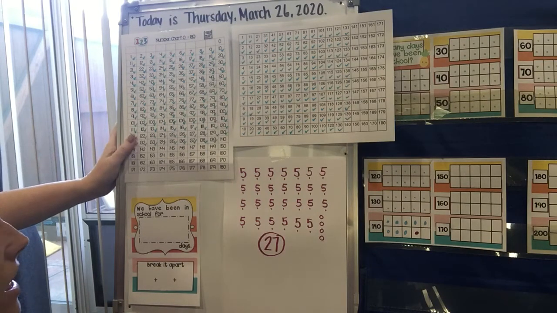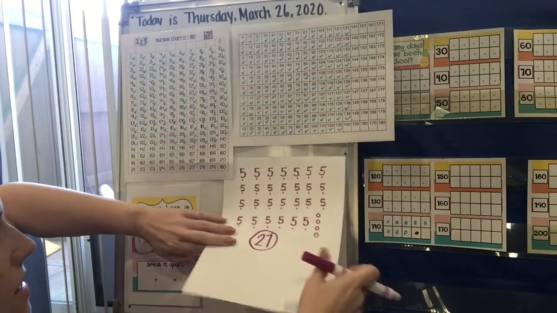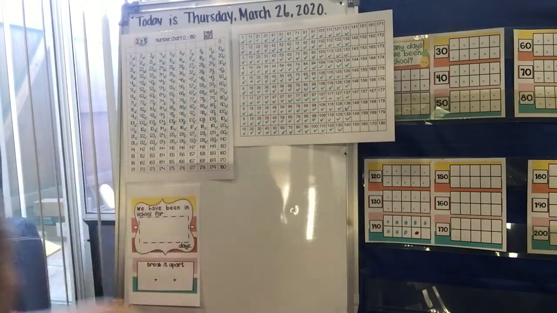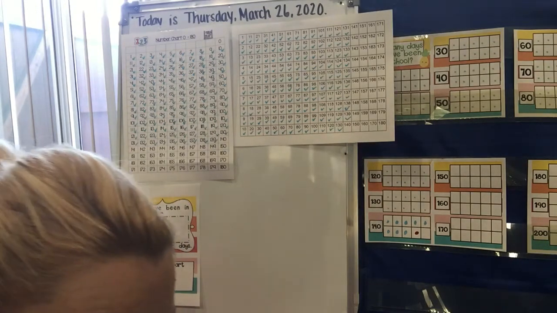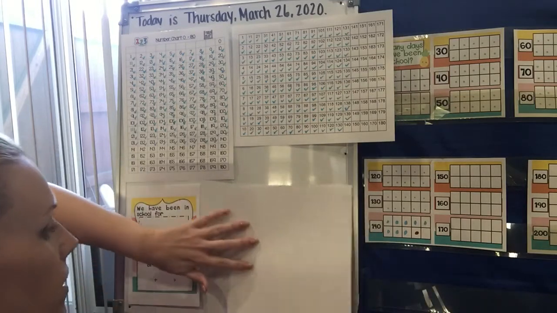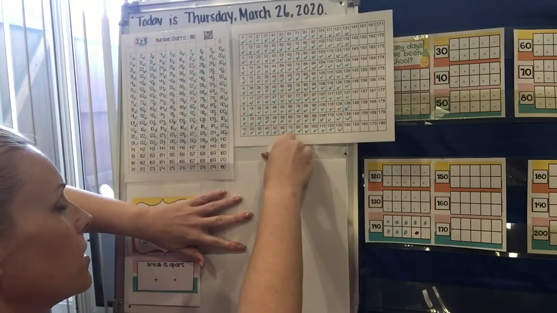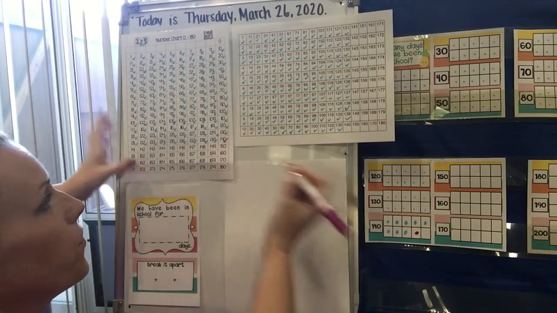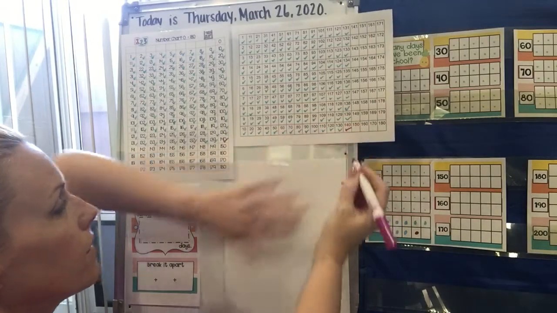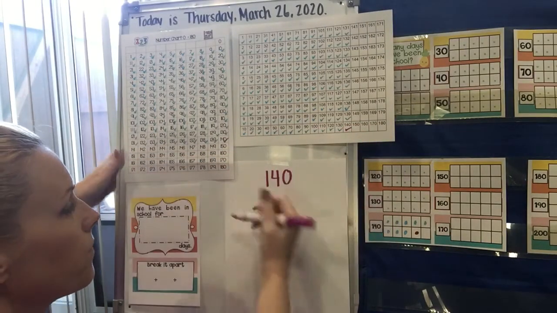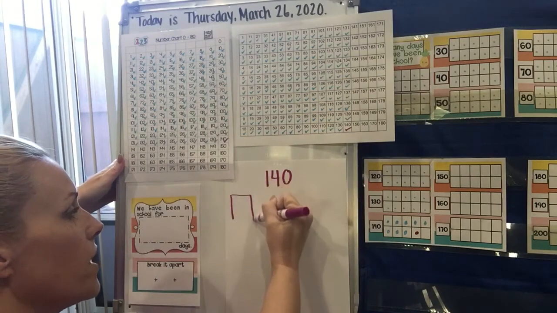So if yesterday was the 139th day of school, then I bet you know what number we are on today. The number that comes right after 139, and that is the number 140. So let's take a look. 140, I'm going to put it right here, and so we're going to draw our 100 flat,